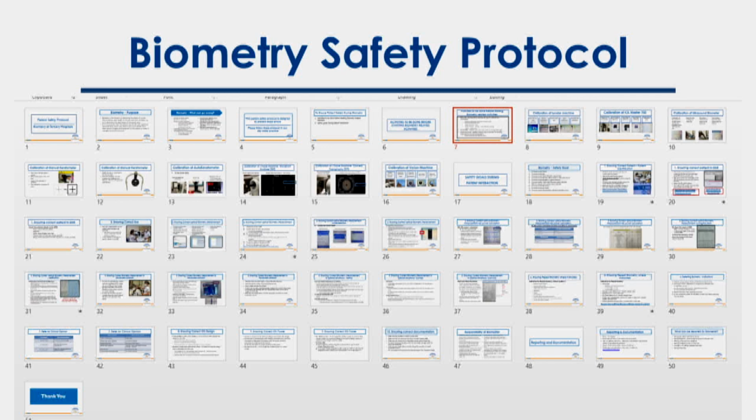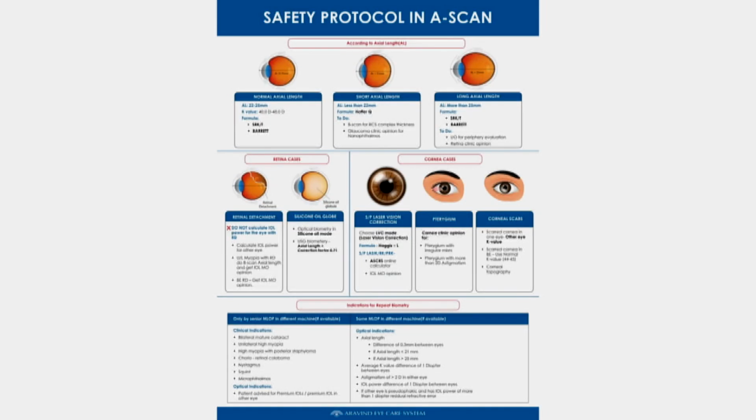For biometry, in a tertiary hospital or secondary hospital, if they use an IOL Master, or a UBM, or ultrasound, there are at least 4 or 5 protocols. If they are using a toric IOL, then there's a separate safety protocol. If it's a multifocal IOL, there too, we have to make sure that none of the procedures are missed. And again, we have these posters developed, which reflect in brief the whole protocol, and this one is put up in the A-scan room.